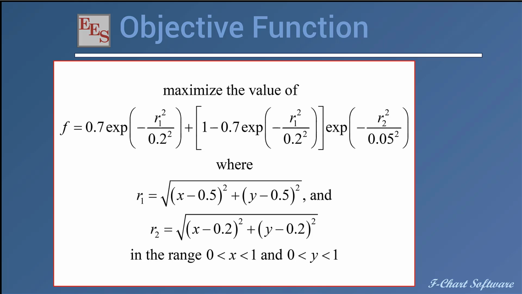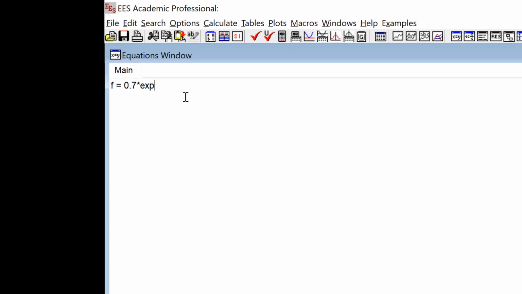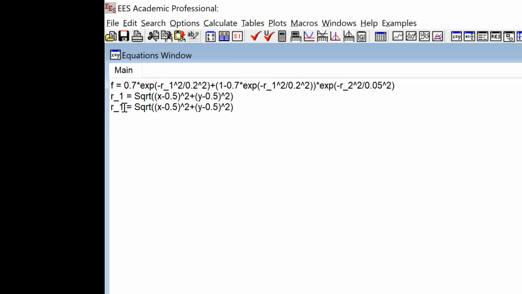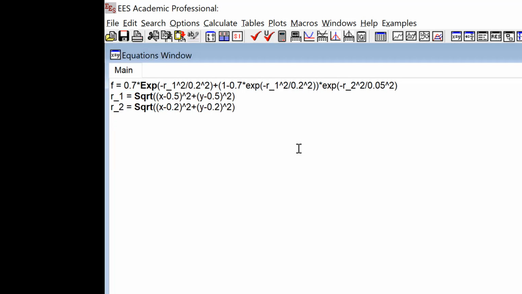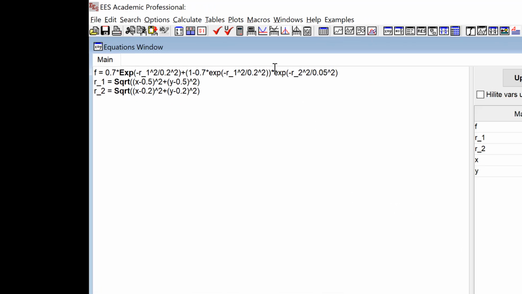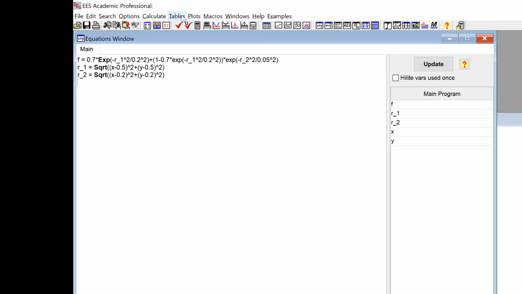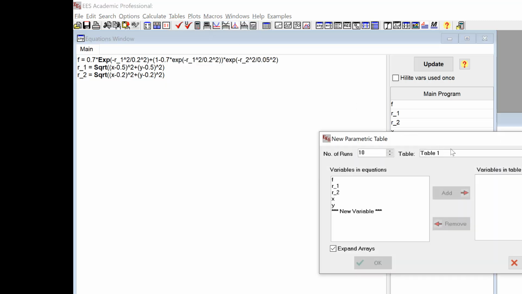Alright, so we're going to do this in the context of this objective function here. This is a function of x and y, and the objective function is f. I'm going to go ahead and enter this into EES. It's a pretty easy function to enter. And then just so I can visualize what's going on, I'm going to make a surface plot and a contour